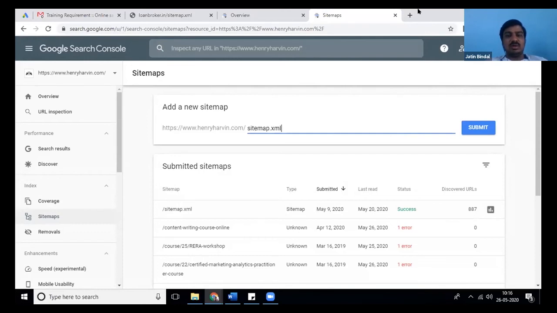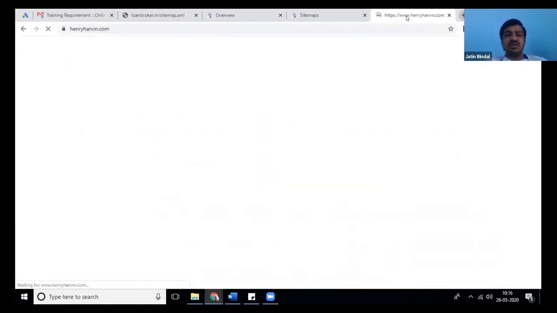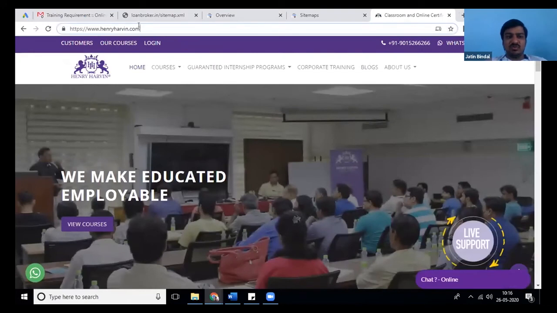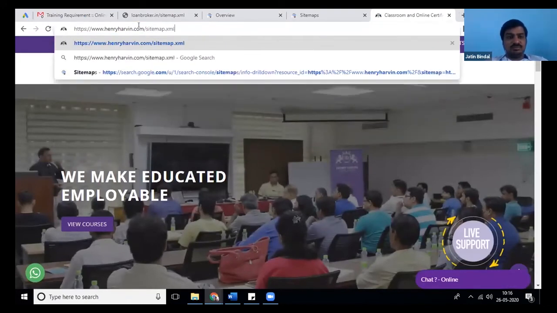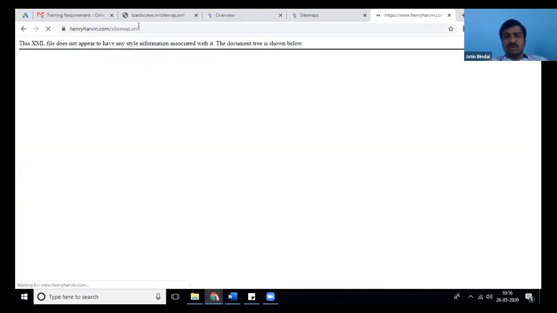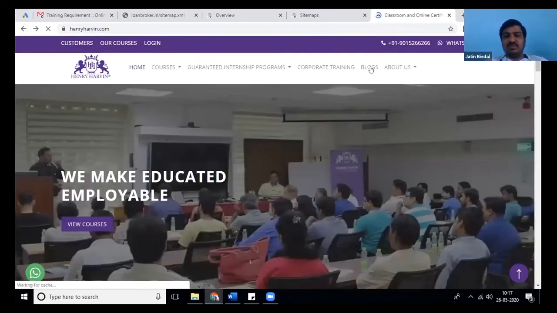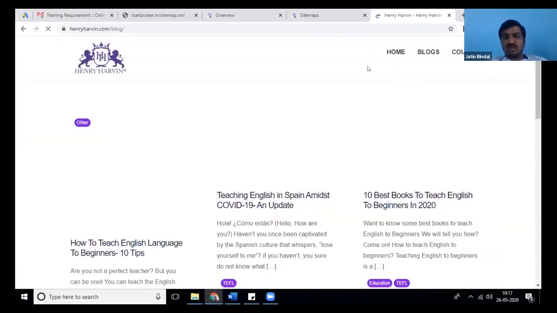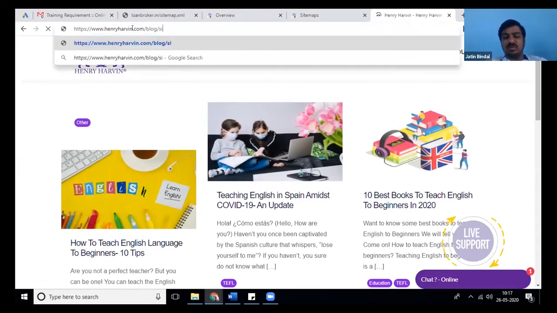That's it, nothing beyond that. To give you an idea, we have two sitemaps. One sitemap is this, which you are looking at, the website sitemap. The other sitemap is for our blog section, which is on WordPress, so it has its own sitemap.